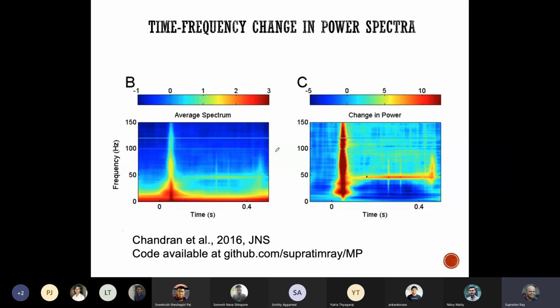This is a power spectrum, an energy spectrum. All the analysis that we have talked about so far only deals with whether there is a gamma present in the signal or not. This is the average gamma across trials. It tells you nothing about the phase relationship between the gammas that you get in different electrodes.